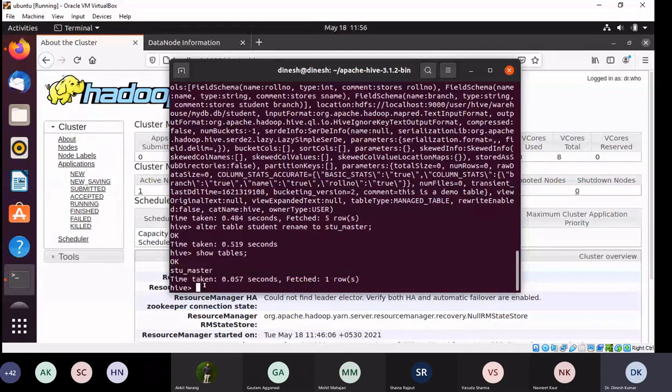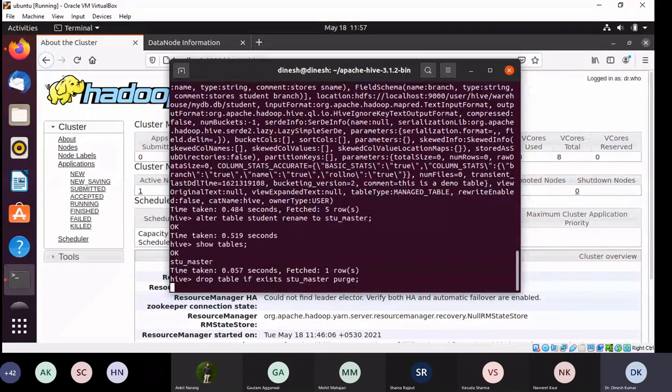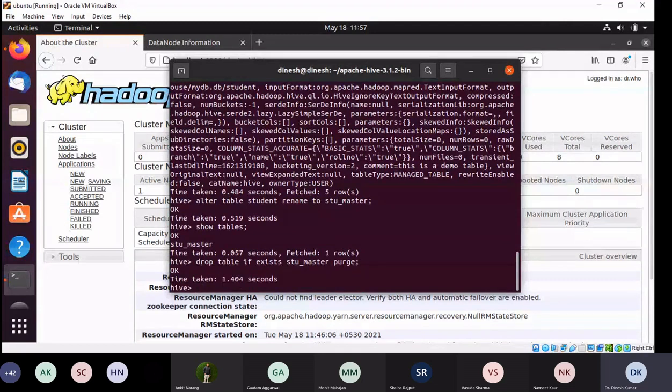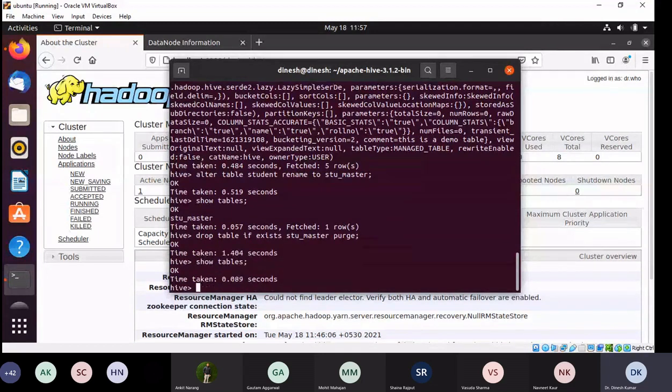Similarly, you can add more fields into the table by using the add column command. Now let's drop this table and the database also. Drop table if exists, name of the table is student master, because I have changed the name of the table, and I'm saying purge. If I again type show tables, no table is there with the name student master.